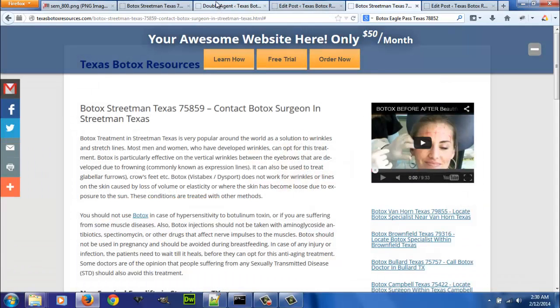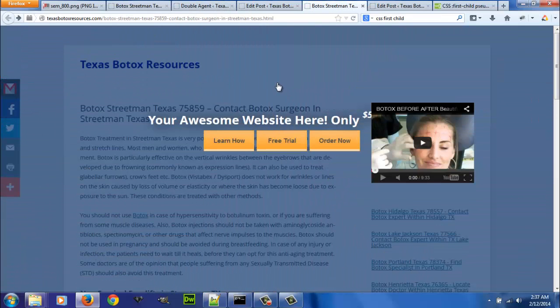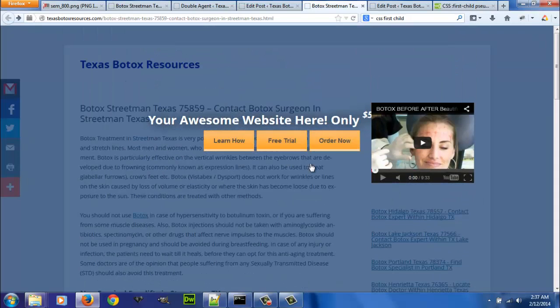Another option might be displaying the leasing bar full screen so users can't see the page in the background. The changes will be applied immediately after refreshing the page. You can see here that the YouTube video is being overlaid on top of our message. This isn't good, and we're going to implement the change to fix it automatically in the next update of Double